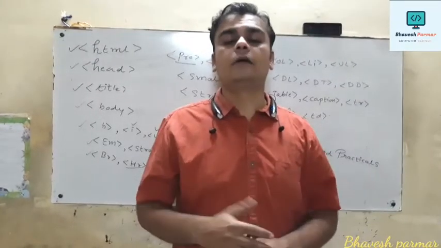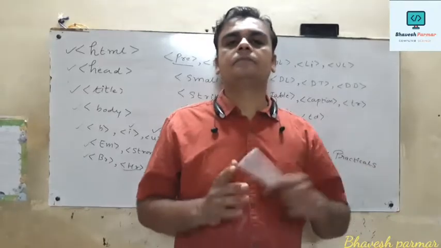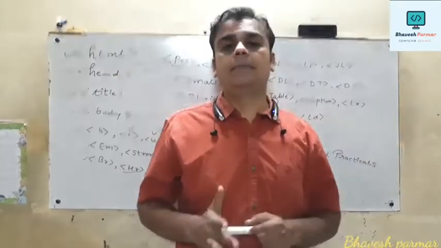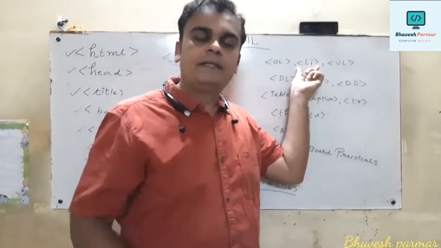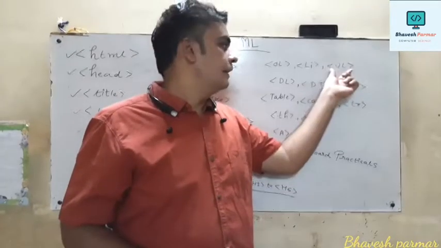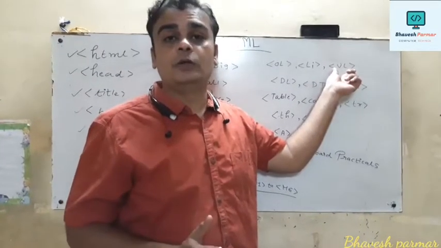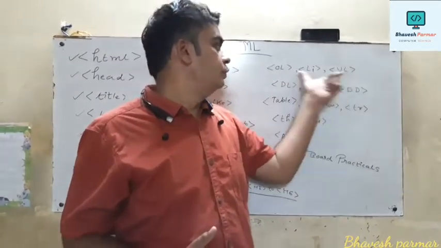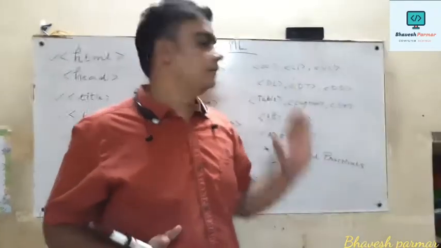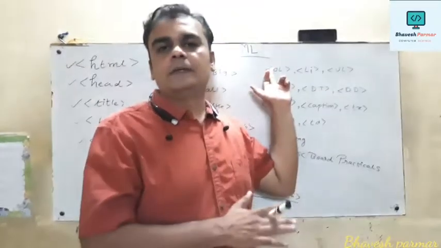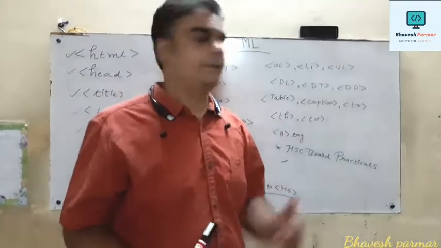You may also call it a bullet, which we widely see in Word, bullets and numbering. The UL tag also uses the LI tag to represent list elements. Again, the UL tag is also a pair tag, and its companion tag is /UL. In this way, the UL and OL tags behave in totally opposite ways. The OL tag is used to represent ordered list elements, the UL tag is used to represent unordered list elements.